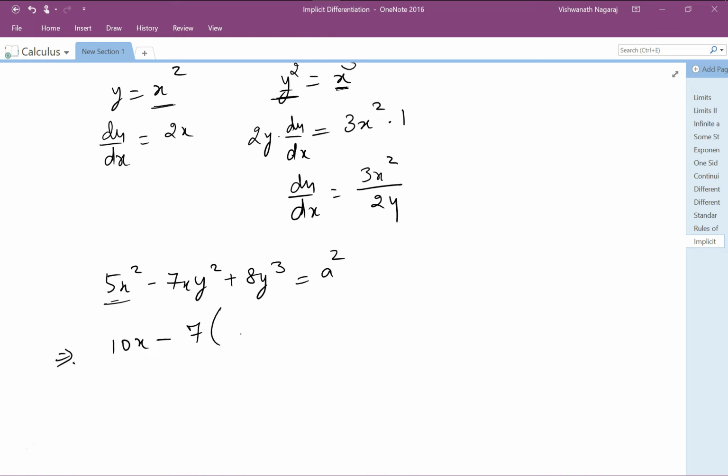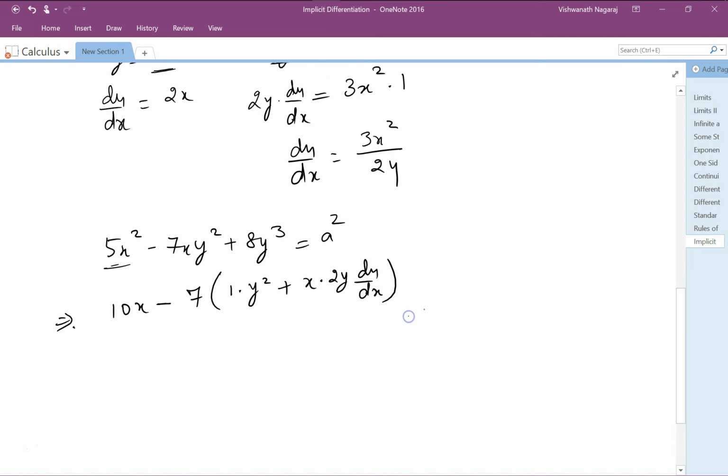So differential of x times y square plus differential of y square times x. Plus 8 times 3y square dy by dx